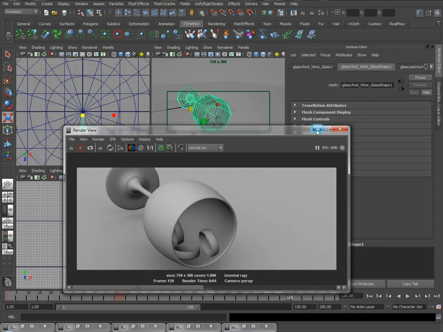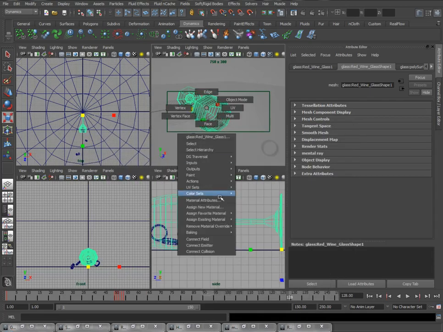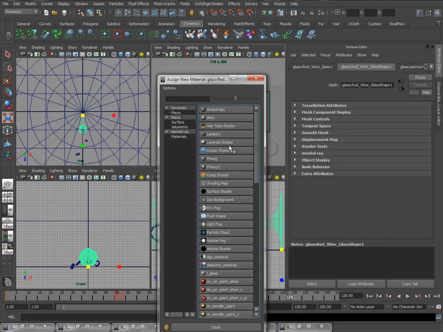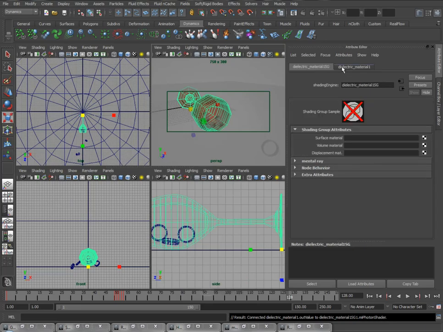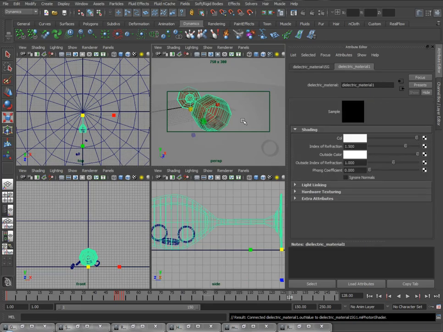So the next thing I'm going to do is assign a glass material to this. To do this, I just drop down to assign new material. I'm actually going to use a mental ray dielectric material, so I'll just select dielectric material here. I really don't need to tweak any of the values on this. There's no liquid inside the glass, so I don't need to play around with the outside color. The index of refraction is about right for glass, anything from about 1.45 to 1.8 for thicker, heavy crystal. I actually know this glass is made with correct normals. If yours wasn't, if something went wrong in your modeling process, you can always tick ignore normals, and this will take slightly longer to calculate, but you'll get a nicer look. So if we re-render this now,